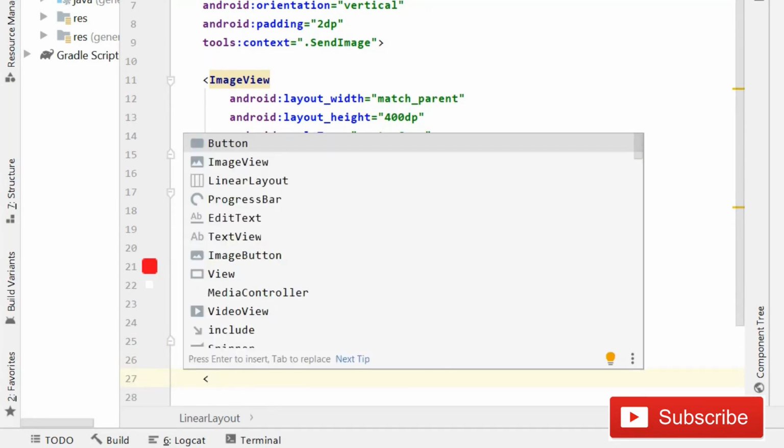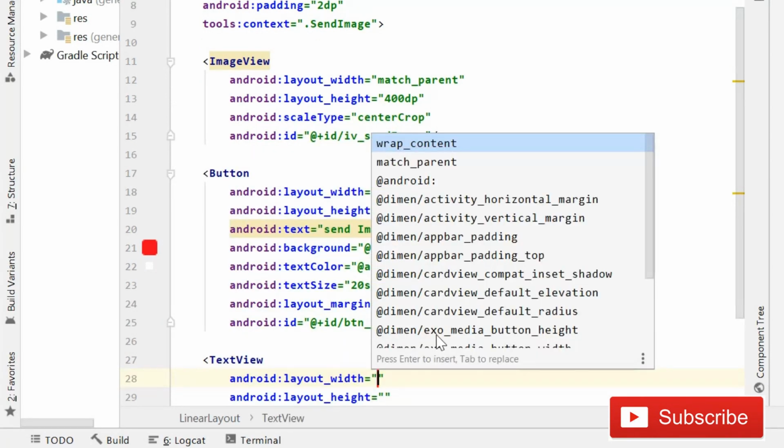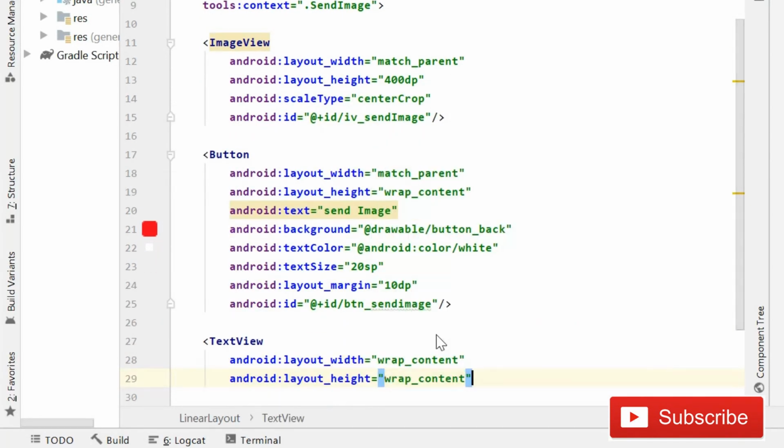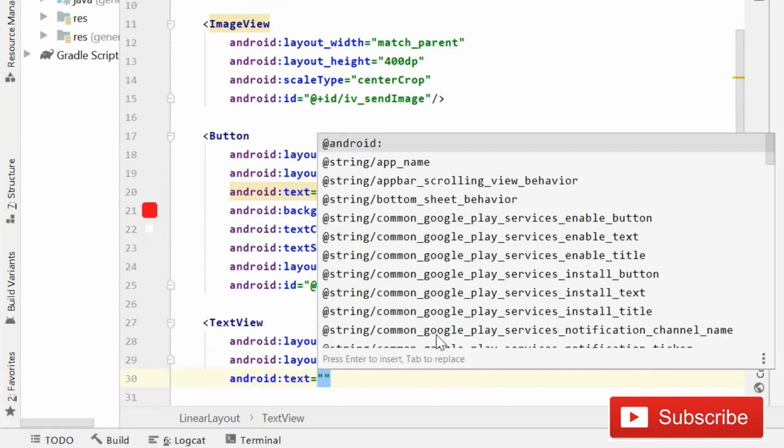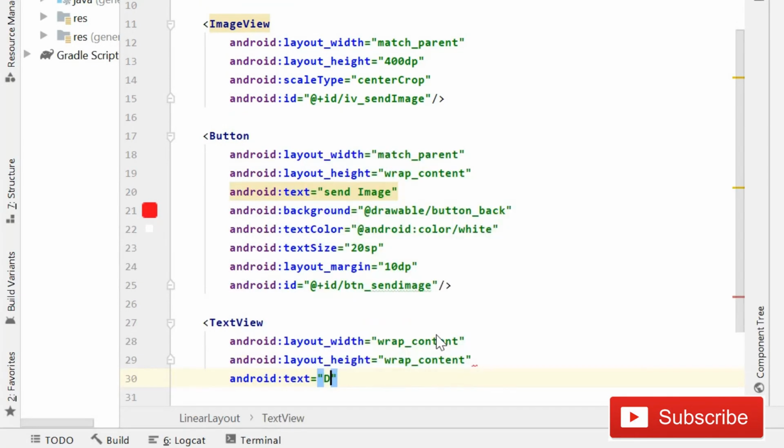And guys, now we need a text view, and that will be wrap content, and text is going to be, yes, don't, it means that do not take, it should be, you know, do not press back button until it's uploaded.